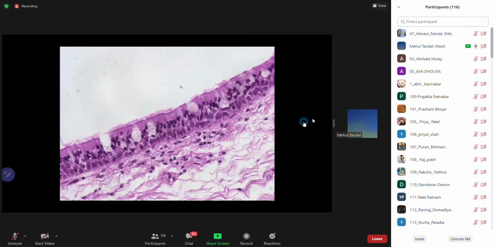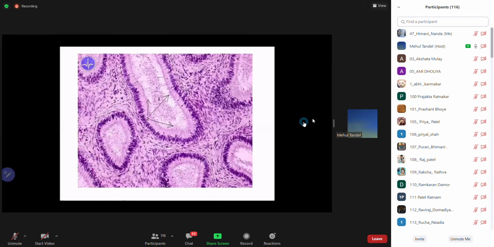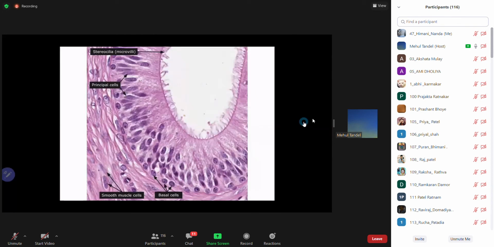Okay, you can see here in pseudostratified ciliated, you can see the goblet cells. These are the third cell, that is your goblet cells. Same, this is a pseudostratified epithelium with stereocilia in epididymis. Features are the same, but here instead of cilia there are stereocilia and no goblet cells. So that is the one with stereocilia.